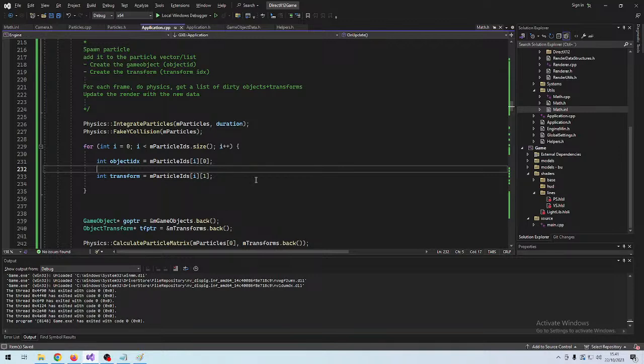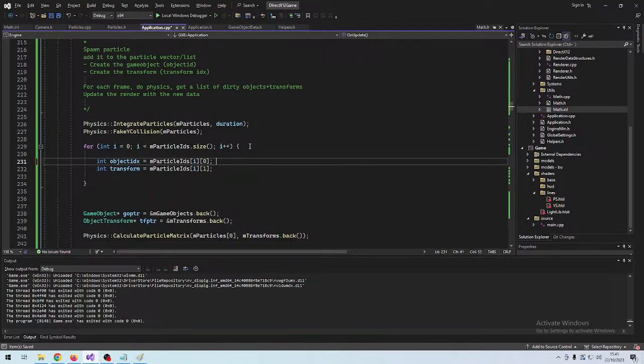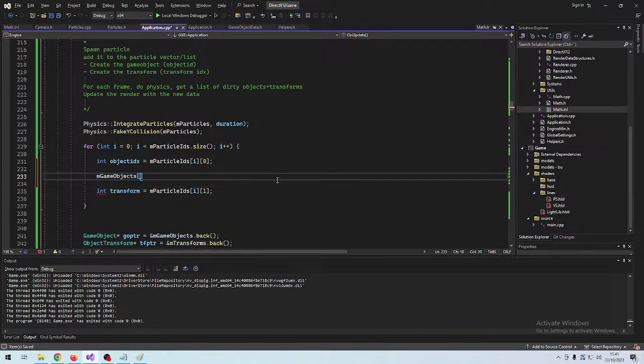We could do checking here to see if the particle is dead or whether it needs an update, but anyway, let's see. If we do game objects 30 equal to true,